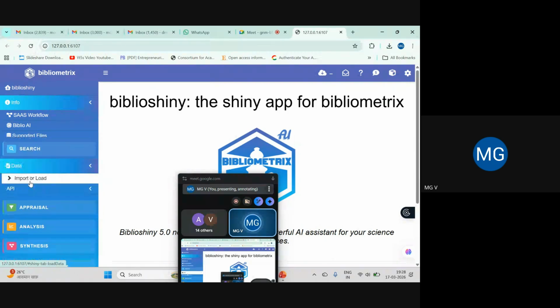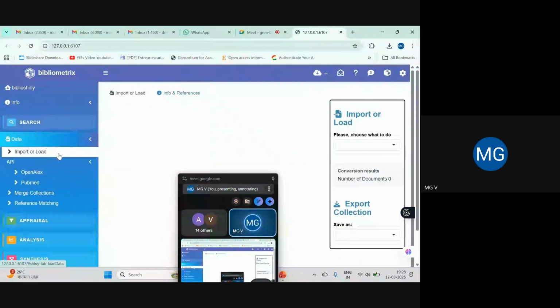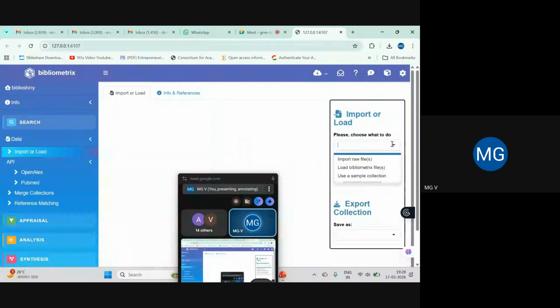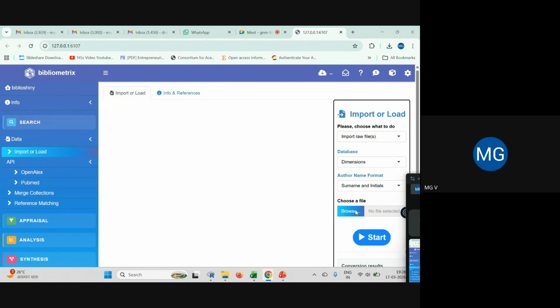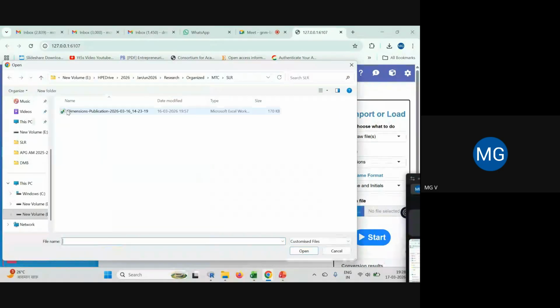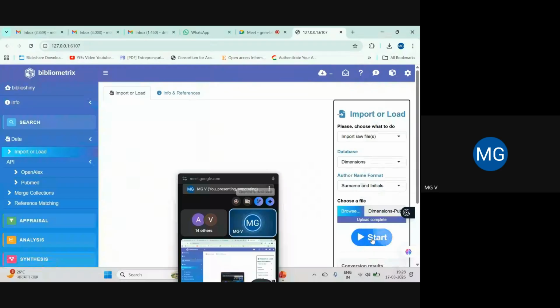So first we have to click the data and we have to add our data. Before doing anything, we just need to upload data because without data, we cannot do anything. So no result will be generated if there is no data. That is very, very obvious thing.